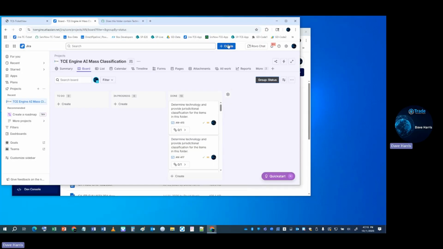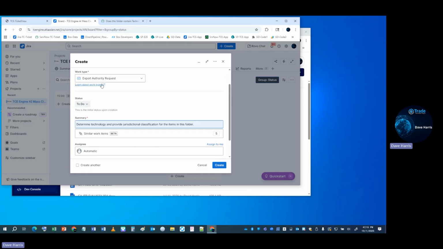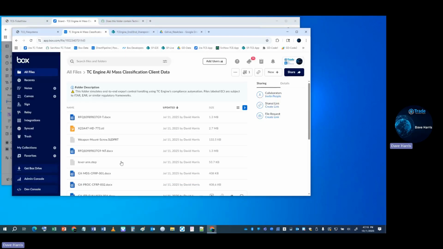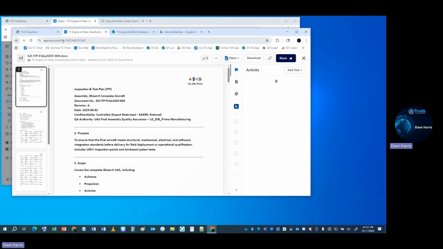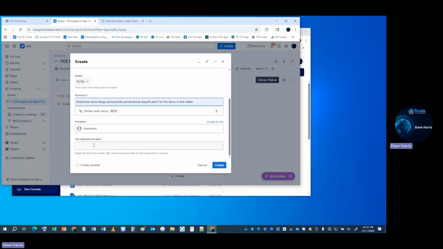And we'll start with a Jira ticket. I'm just going to say create. I'm going to ask it to provide a trade control technology determination, whether or not it's export controlled information, and provide the classification for the items in this folder. We're going to go ahead and grab the folder link right here. From this folder link, you're going to copy that to the clipboard, paste that into our automated Jira ticket, and